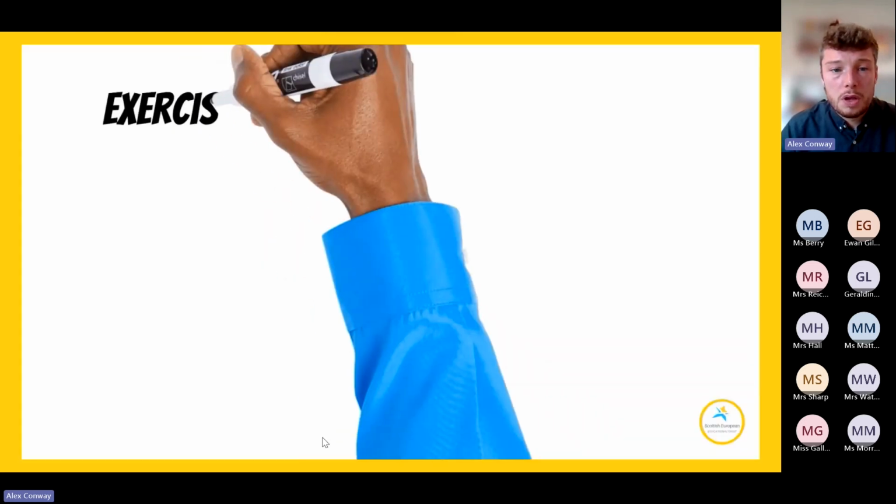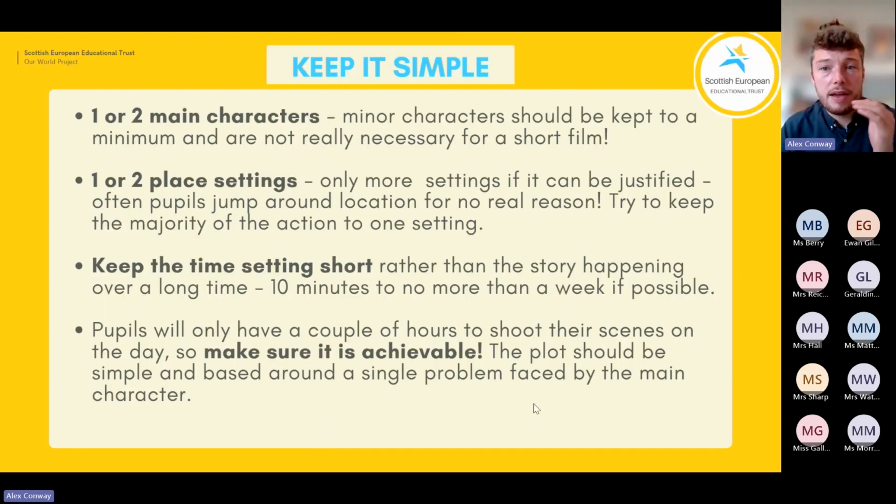And then one of our other colleagues, our other filmmaker, Alistair, talks to us about developing story narrative and using second languages in film as well. So definitely check those out if you get the opportunity. And I think that yourself and the pupils will get a huge amount from them. Okay, so briefly then, a few